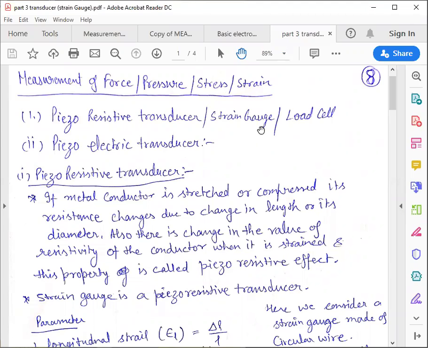In the previous two lectures, we have discussed the various types of transducer, the definition of transducer, and how we measure various types of quantity with the help of transducer. This is my third lecture in the continuation of that series. Till now, we have completed LVDT and various types of transducer. In this lecture, my topic is strain gauge.